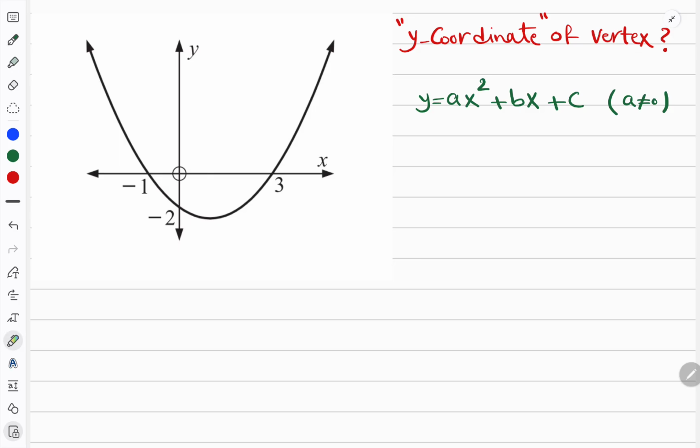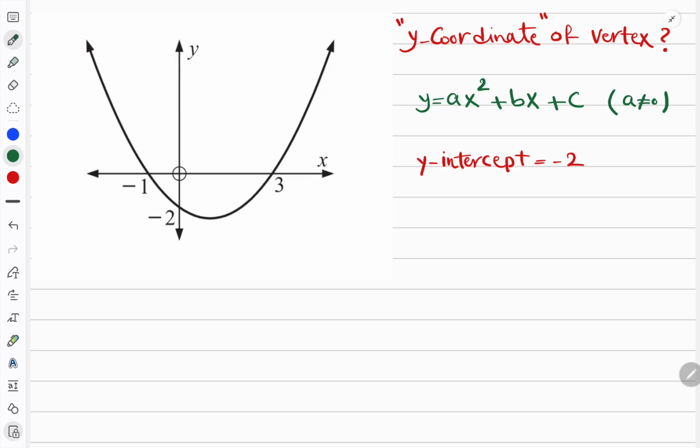What is y-intercept? The y-intercept is this point, so y-intercept is -2 and y-intercept is the point that the graph meets the y-axis. This graph meets the y-axis and this point is the intersection point, and in this point x equals 0, so